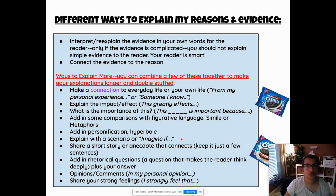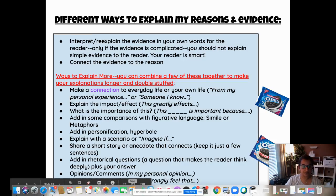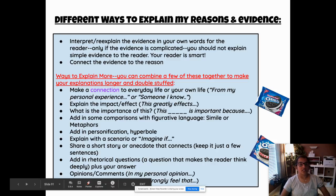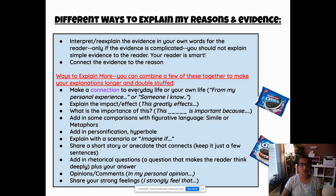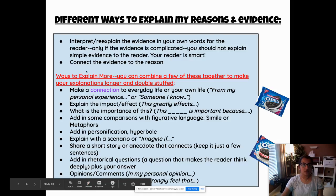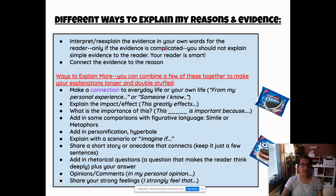Let's go to the different ways to explain. So what we're going to do here is talk about ways that you can explain a little bit more. Obviously, these 2 things up here are something that you can do, which is interpreting and re-explaining the evidence in your own words. Only if the evidence is complicated. I do not like it when writers insult the reader's intelligence and there's a simple piece of evidence, but then your explaining is that you're telling me about the evidence again when I am smart enough to read that